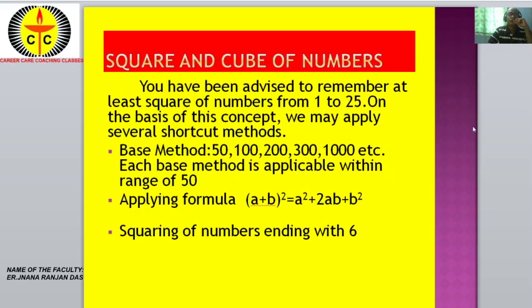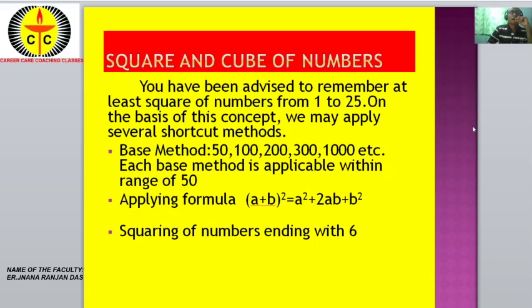Hello students. Today we'll discuss shortcut tricks on square and cube of numbers, as well as square root and cube root of numbers. First,